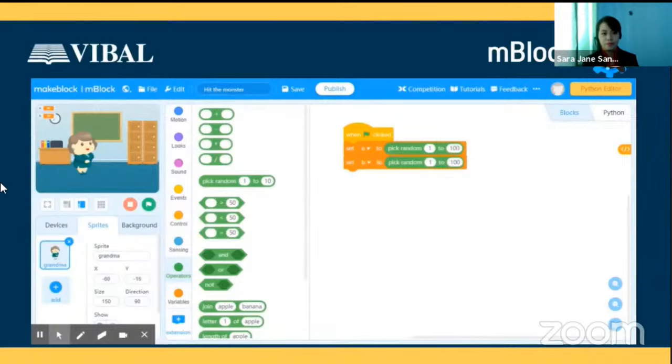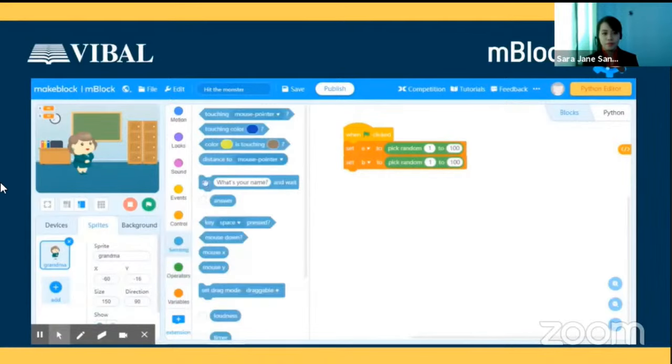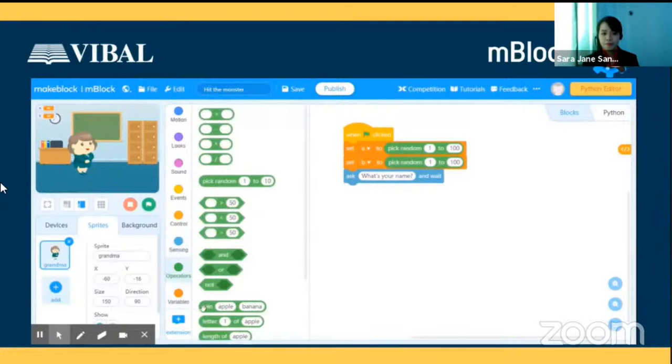Yan. So, after that one, magtatanong na si teacher. Dito tayo sa sensing. Okay. So, ask what's your name and weight, but instead of asking what's your name, ang i-ask niya is what is random number plus another random number. So from operators, okay, get join. Okay, so what is, type natin dito, what is, then get another join para magkasya.